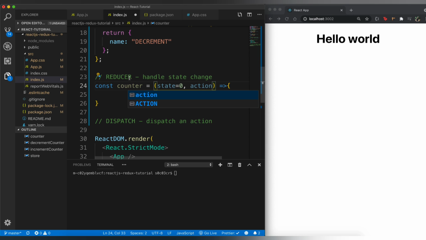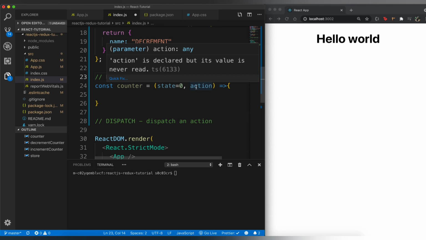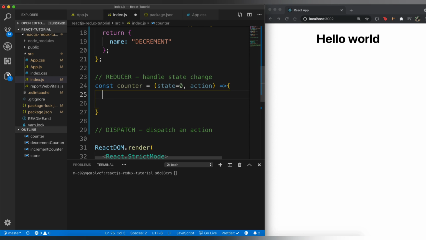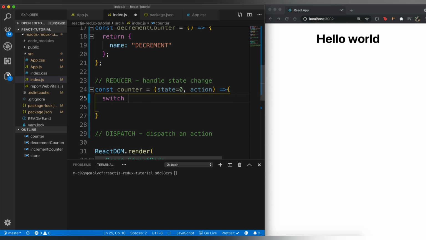Now like I said before, the reducer is supposed to actually handle the action. So obviously it should get the action as an argument, so it can decide what is the action that somebody wants to perform. And obviously you can be receiving multiple actions, increment, decrement, or there can be reset, things like that. So we'll have to actually find out what is the action. So we'll write a switch case, to switch between the different actions. So I'm going to go ahead and write a switch statement.